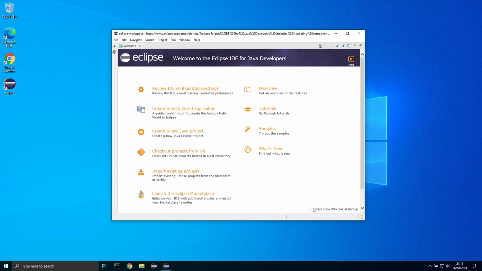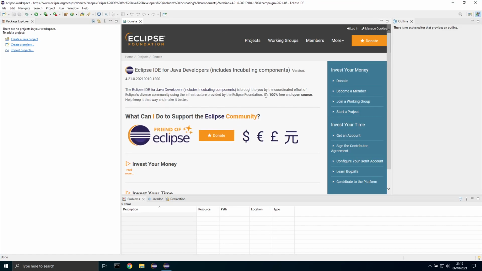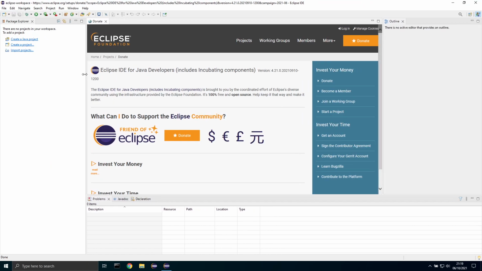If you want to come back to this later, you can always tick this to always show it when you start up. Might be a nice little greeting. But personally, like I said, I don't use any of these. I'm seasoned enough to not have to worry. And yeah, every tab at the top here will have an X to close, and that will take us into the main environment. So if I just full screen this for your viewing pleasure, and mine too,